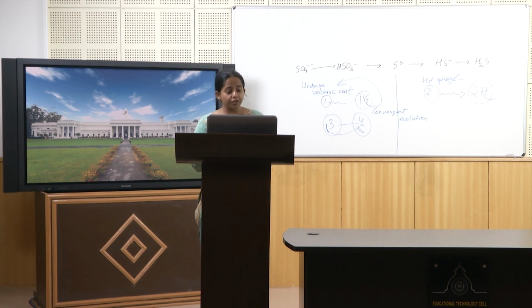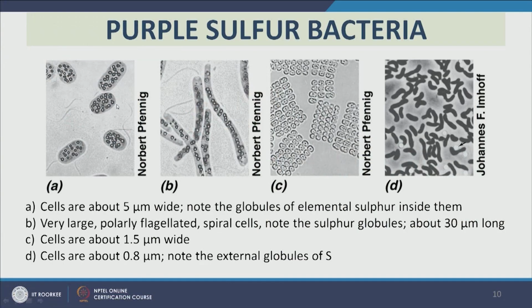Alrighty. So, I hope you got the answer. They store sulfur as a source of energy that they can use when there is no light, when they can no longer carry on phototrophy. They get energy from phototrophy, but then they should have an alternate mechanism, and they use sulfur. So, if you see a lot of sulfur globules, it implies that the microbe is very successful